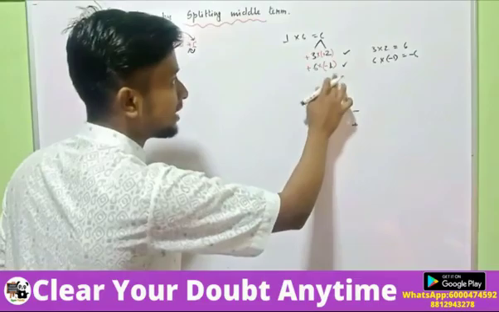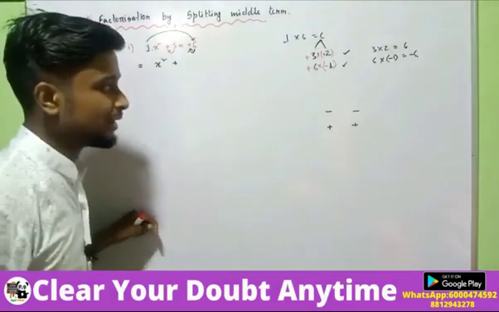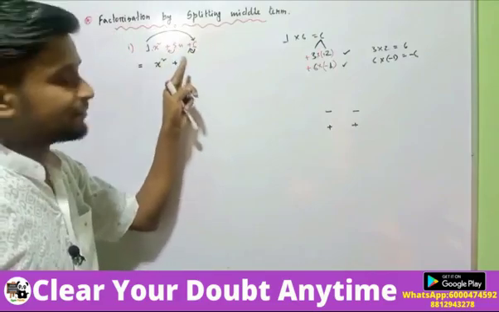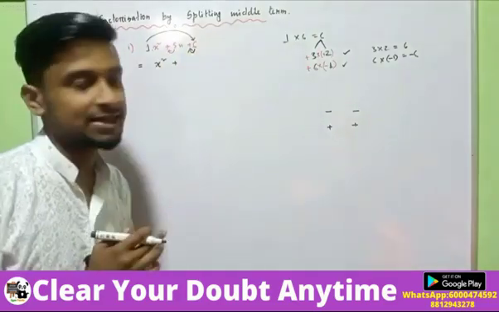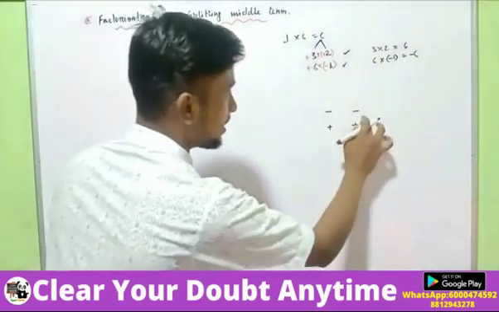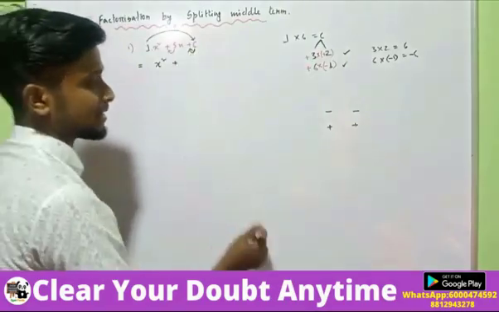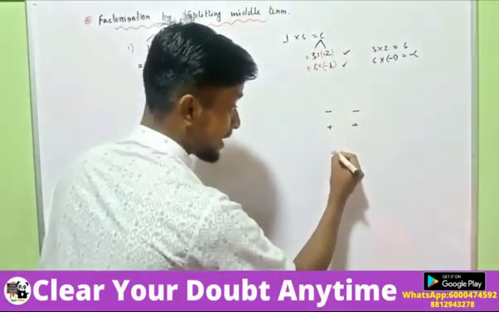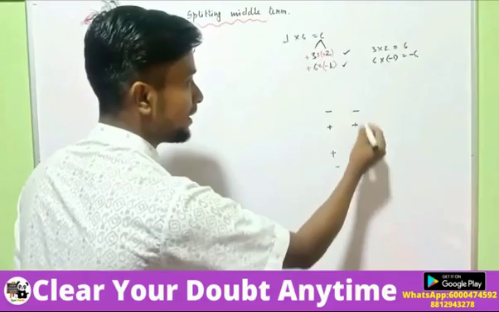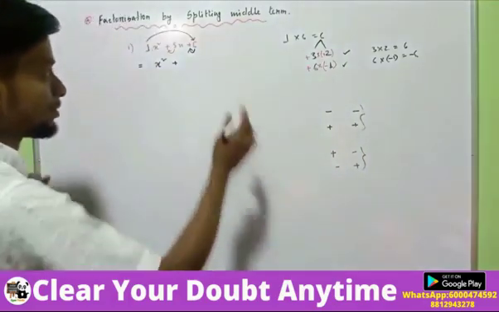If we choose this pair, then the multiplication becomes minus 6, but we need plus 6 here. So we always have to check the sign before the constant term. If the sign before the constant term is a plus sign, then the signs before the factors will be similar, either minus minus or plus plus. Or if it is a minus sign, then the signs before the factors will be plus minus or minus plus, different signs. So we have this condition now, and we have to choose this pair.